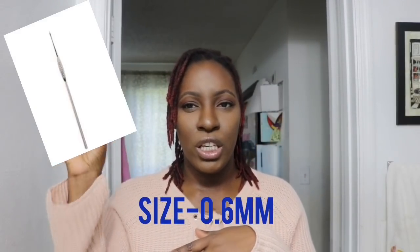And the last one that I want to talk about is a new one that I've noticed, I've seen, which is crochet, using the crochet needle. So the same way that you would make lock extensions is also the way that I've seen people doing it to their natural hair. And I was like, okay, people are coming up with new ways every day, y'all. But yeah, you use the very small, I wish I had one, because I had a crochet needle set that came with all the sizes. And it's a real small crochet needle, probably put a picture here,